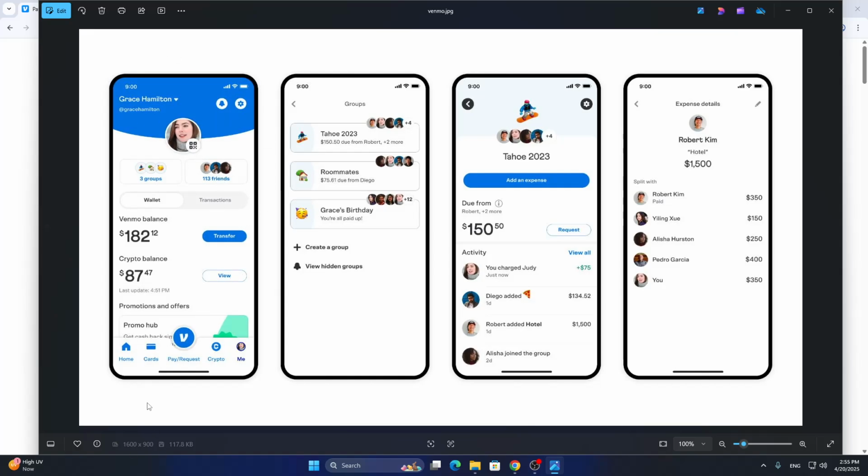In the main page, we can access all the main settings, such as the home settings. We have our card settings right here, our account settings, and now we can get started using our Venmo balance for payment. So the first thing we need to do is to add some balance to our account. If you do not already have a Venmo balance, you can do so in two ways. Either, if you do not want to add any cards to your account, you can just have somebody send you money. So somebody can send you money using the request option right here, send you money directly to your Venmo,